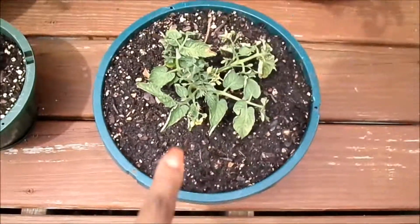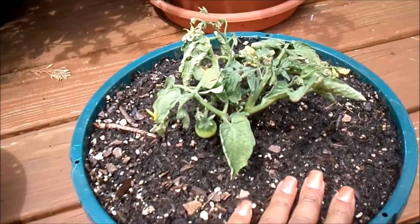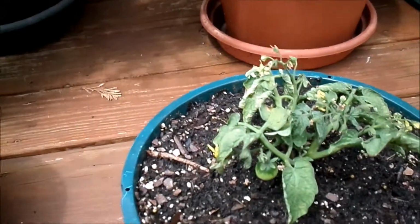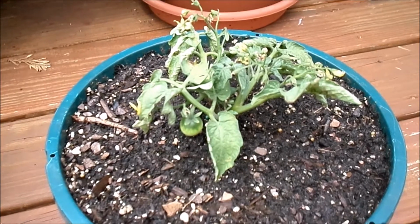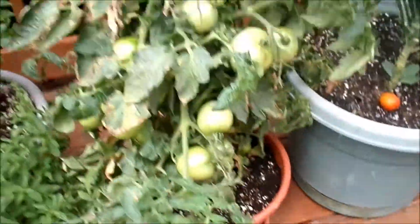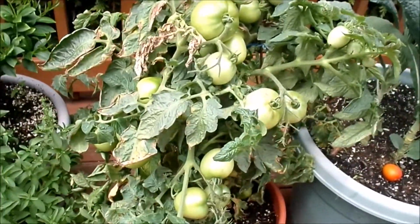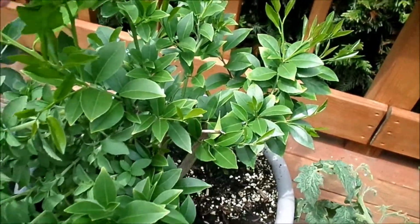Tiny Tim that I lost in the tornado. Yes, a literal tornado. Oh, it totally snapped over. So I just stood it up and stuck it in some dirt. Like the big thick stem, I just stuck it in dirt. So it had lost contact with all its original roots from which it was getting nutrients. So I'm impressed that there is a tomato on this bad boy. I didn't grow it back up to this, and I don't think it would matter if I would have, because again, tornado. My Meyer lemon tree is another herb pot with just dill